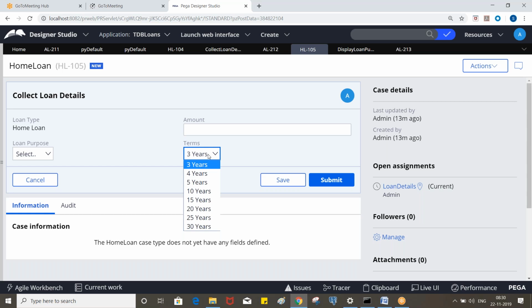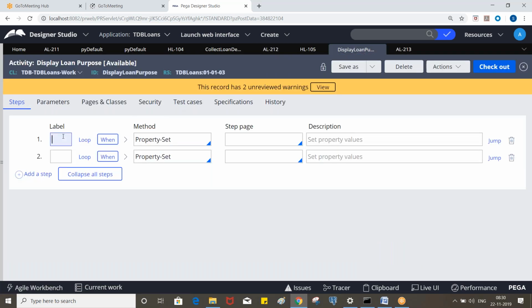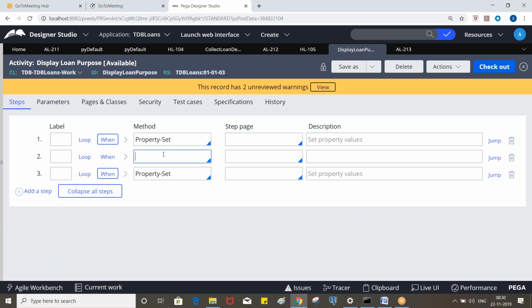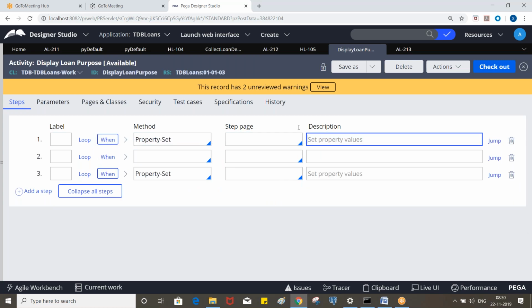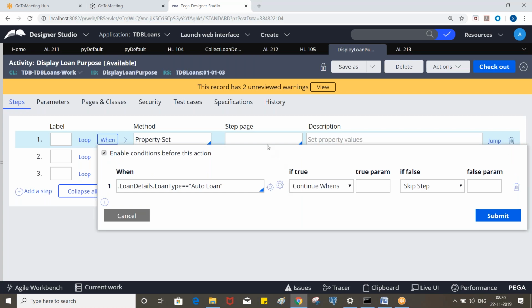Okay. What we can do is add one more step, and here you don't need to put any condition. You can write property set for terms, and what you need to do is, if it is true, it continues, right? If it is false, you need to jump to the last step, go to the third step directly. Otherwise, if you don't put a precondition here, the second step will always be executed, even for home. That should not be the case, right? If it is true, this step will be executed.